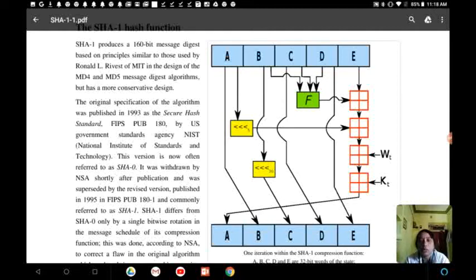Take the value from the input shift register B and shift it 30 times, then that will be given as the input to the output shift register, that is C. Then the input shift register C is directly given to D. The value whichever is stored in C will be directly going to D.